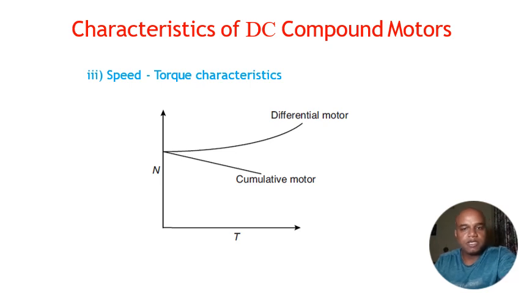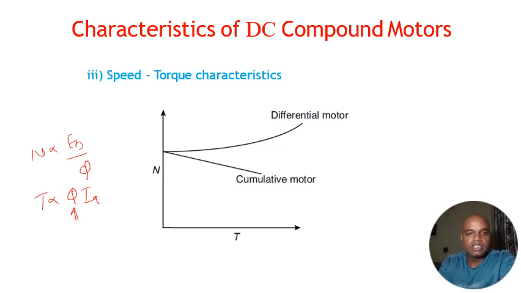And the third characteristic is the speed versus torque. For the cumulative motor, I know that the speed is proportional to Eb divided by phi, and the torque is proportional to phi into Ia. So in the case of the cumulative motor, the flux is getting increased, Ia is also getting increased, so my speed gets decreased with respect to the torque. Similarly, for the differential motor, my speed is going to increase with respect to the torque. So it says that if I'm increasing the torque for the differential motor, the speed is increasing, and for the cumulative motor, the speed gets decreased. So based on